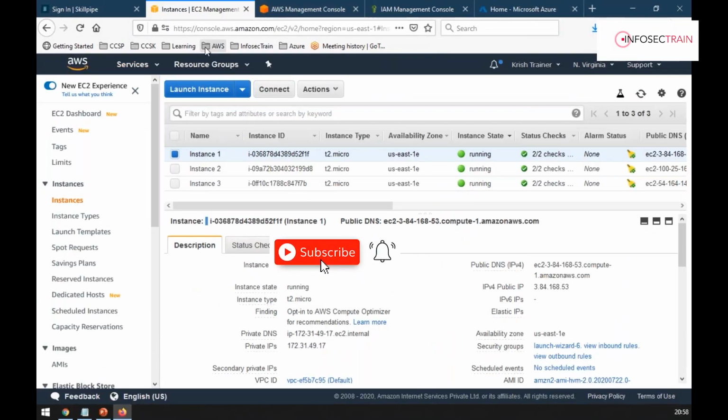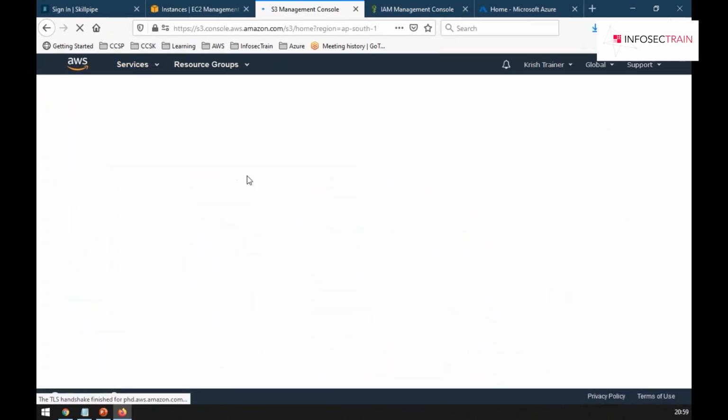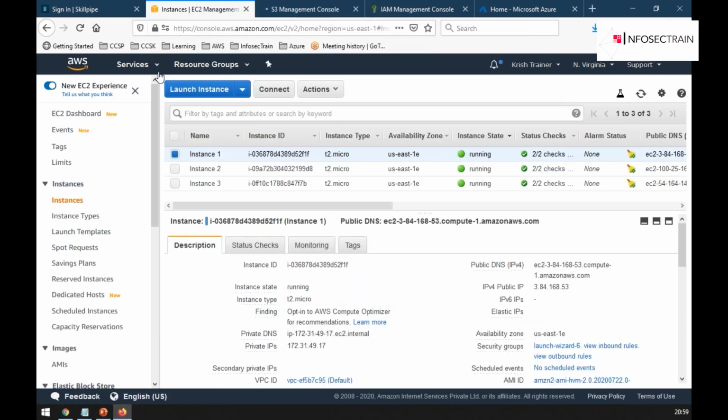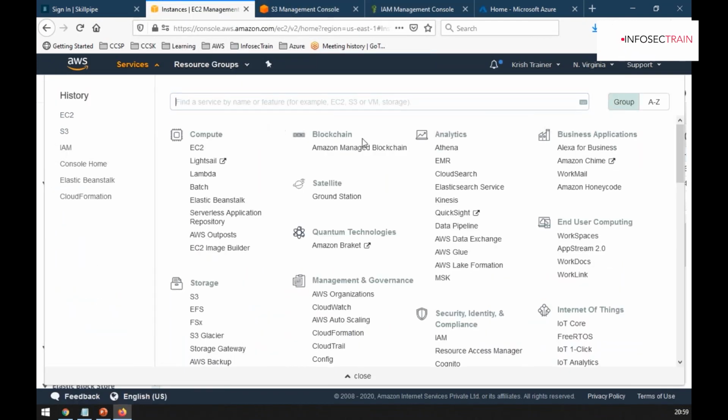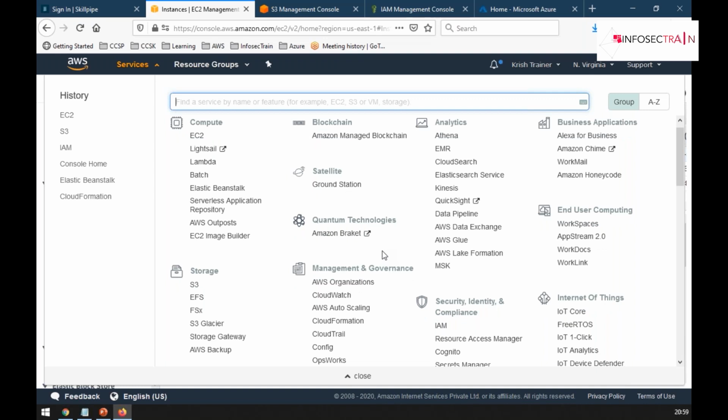So let's say I have 3 servers running here in my AWS account. Just an example, 3 servers. Then I have a lot of storage running. I have a lot of databases running. So can you tell me what is the single point of failure for all these things? We have everything in the cloud platform. What could be the single point of failure? If one thing fails, everything will fail. What is the single point of failure?